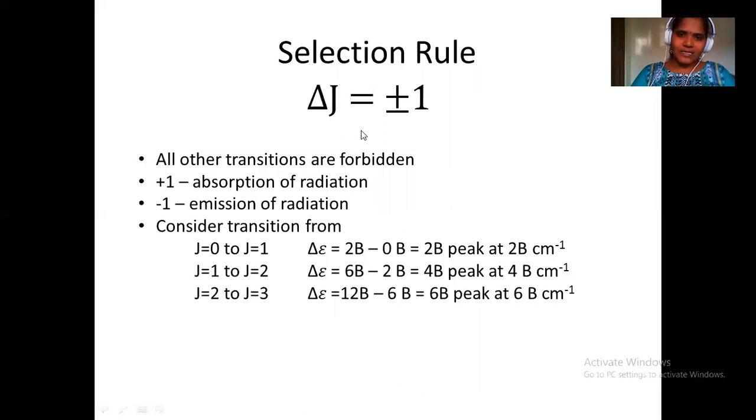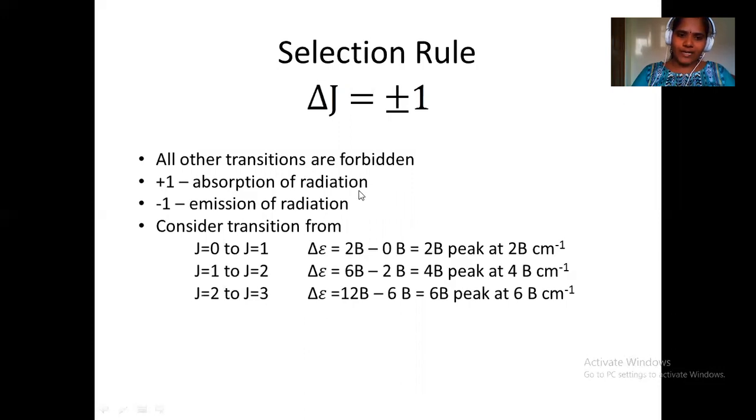Here the plus or minus symbols represent: plus represents absorption, meaning excitation, and minus represents coming back to the ground state, meaning emission of radiation, which is represented with the negative symbol. So a molecule, if it is there in one level, can excite to the next immediate level. That's all. So if you calculate the energy gap